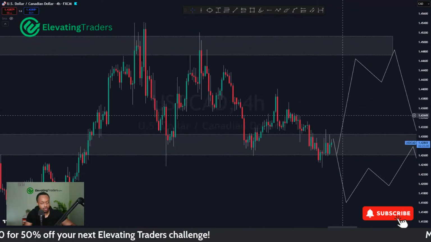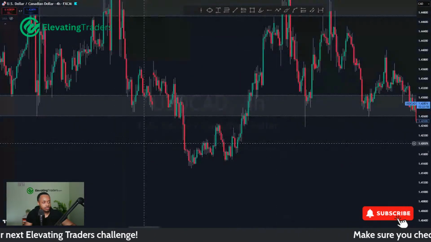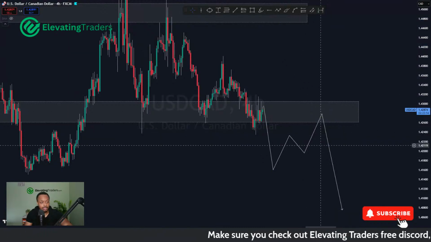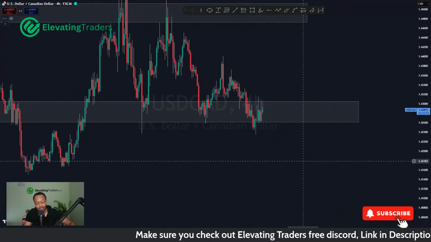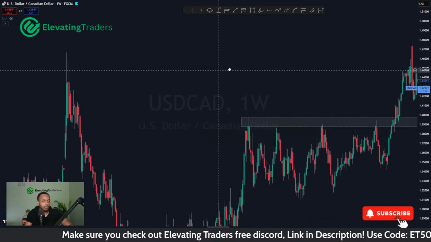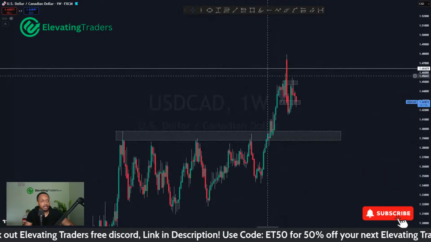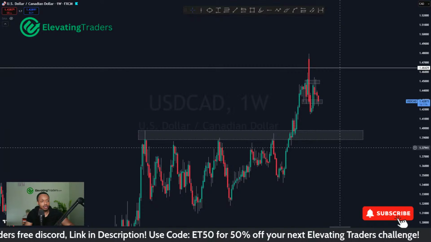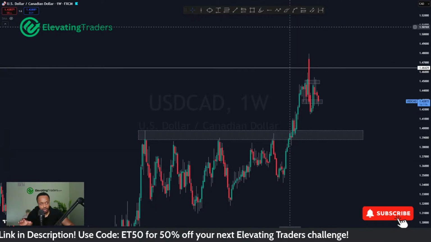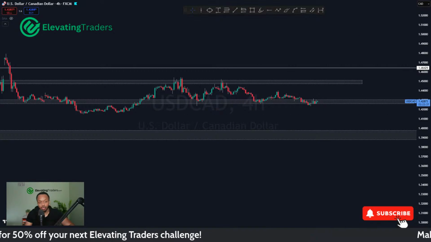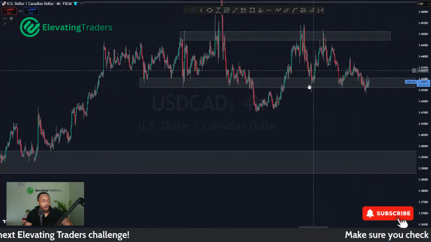Dollar CAD just awkward right now because I would still say it looks like it's holding on to support. I'm still bearish on dollar CAD. That's my take on the pair, judging from higher time frames. It was smashed into a massive weekly level over here, as we can see. So I do think dollar CAD is due a retracement. So that's the direction I'm looking to trade in. However, I need to find an opportunity to trade it, and a good one too. So that's kind of what I'm waiting for.